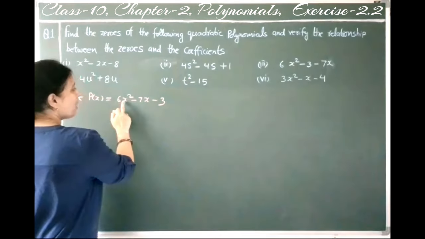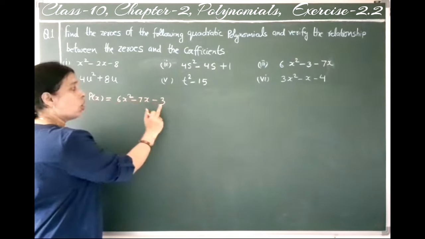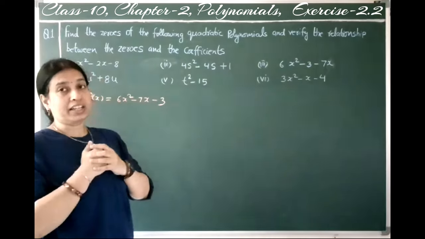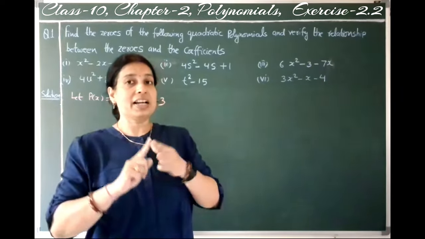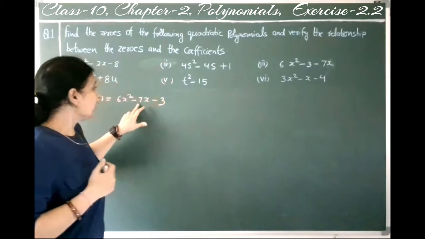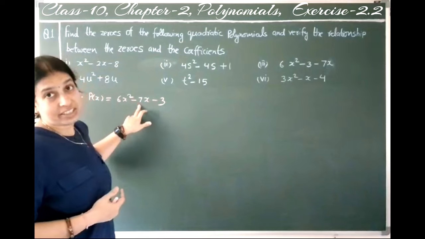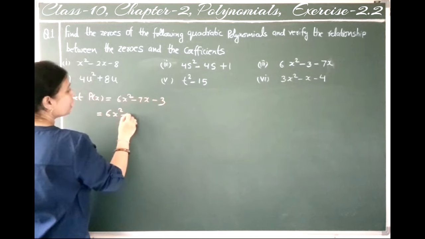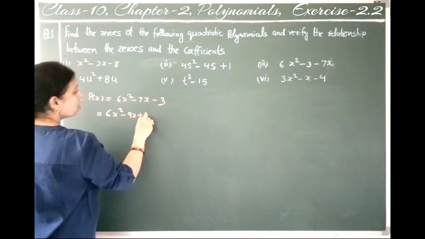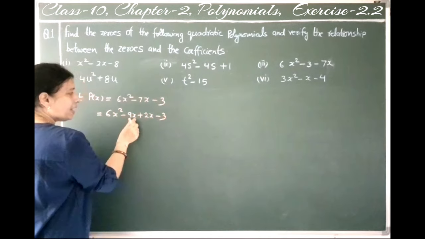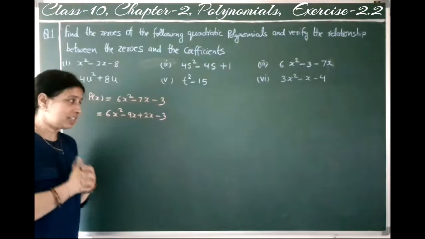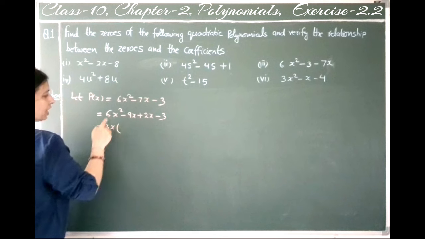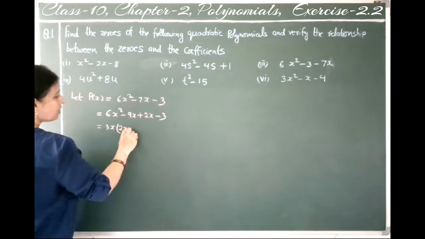Now we will find out its factors. How? First, what is the coefficient of x square? 6. And what is the constant term? 3. So 6 times 3 is 18, and we will factorize 18. So we know that the factors of 18 are 9 into 2. If we subtract 2 from 9, we get 7. So we can write 6x square minus 9x plus 2x minus 3. 9x minus 2x will give 7x. Then take common 3x. So here it will be 2x minus 3.